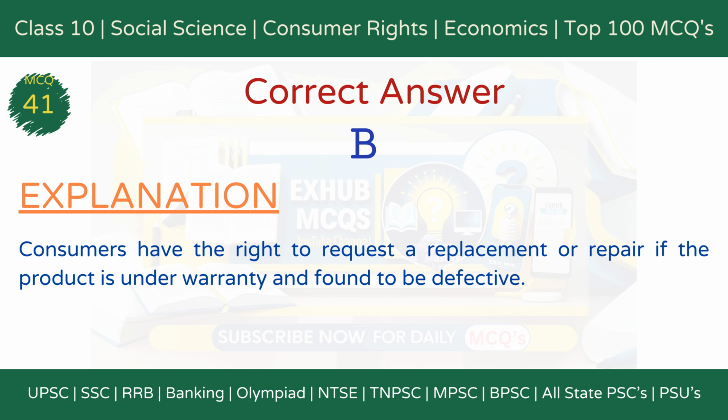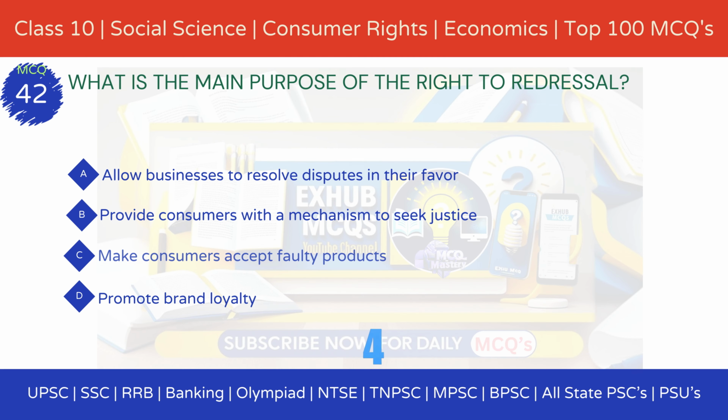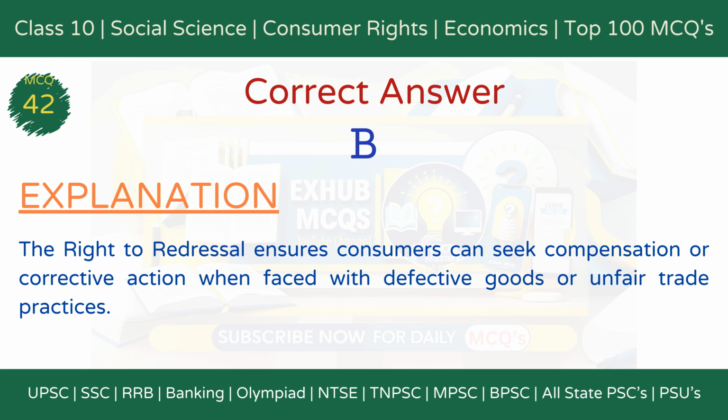be defective. MCQ 42. What is the main purpose of the right to redressal? Option A, allow businesses to resolve disputes in their favor. Option B, provide consumers with a mechanism to seek justice. Option C, make consumers accept faulty products. Option D, promote brand loyalty. The correct answer is option B, provide consumers with a mechanism to seek justice. Explanation: the right to redressal ensures consumers can seek compensation or corrective action when faced with defective goods or unfair